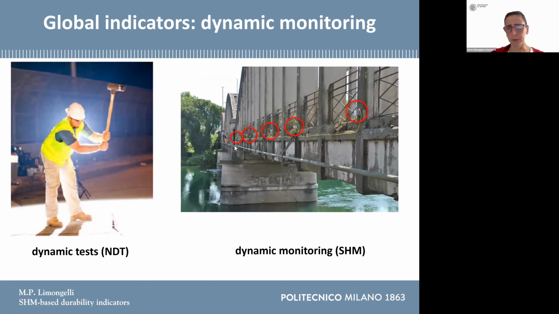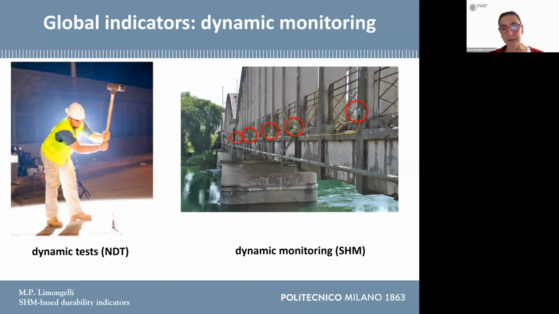Dynamic tests could be performed by installing accelerometers on a structure, measuring the response to vibration, and then extracting global parameters such as those I was mentioning before, modal frequencies and modal shapes. The same can be done using non-destructive tests. I put this picture here just to say that I'm not saying non-destructive tests are only for identifying local indicators. There are, of course, non-destructive tests that identify global indicators, but most of the non-destructive tests identify